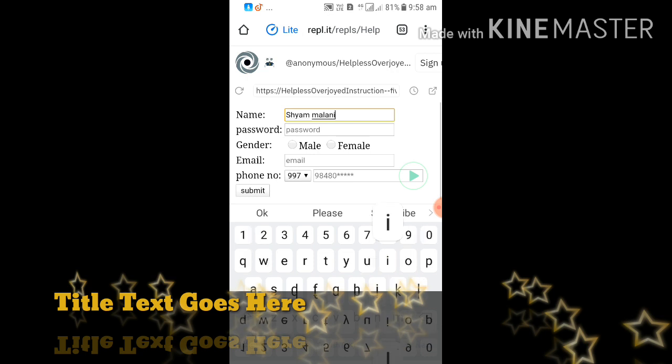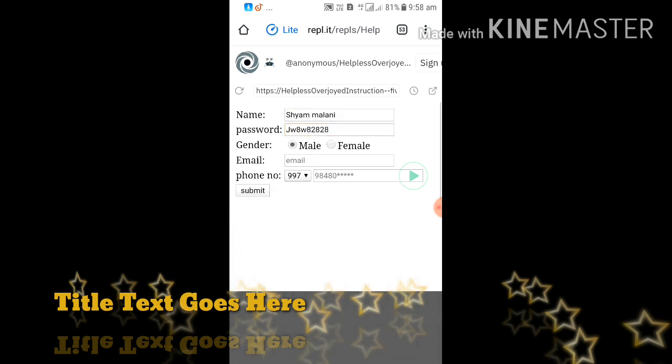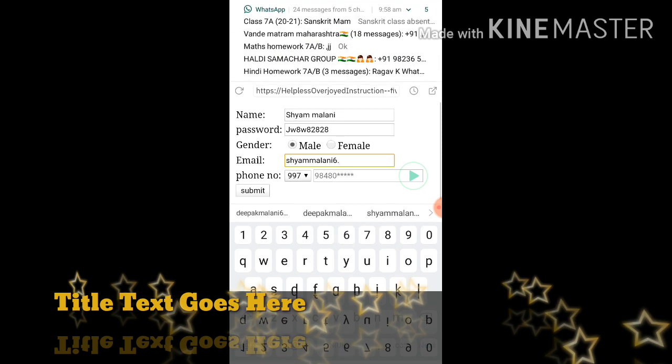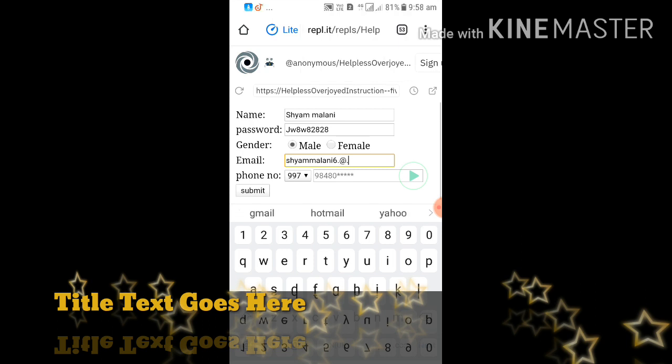Shyam Malani. Password, then this email. Shyam Malani, 6.com and number. And submit. It is written that the comma is in the wrong position, so it is a wrong pattern.